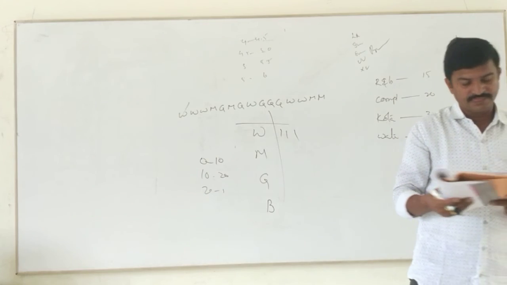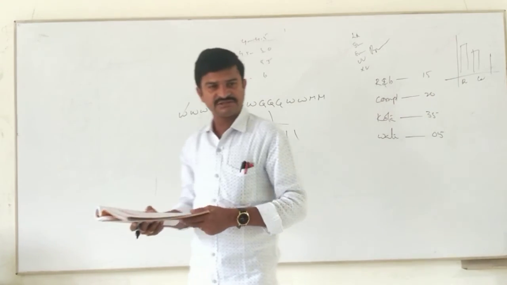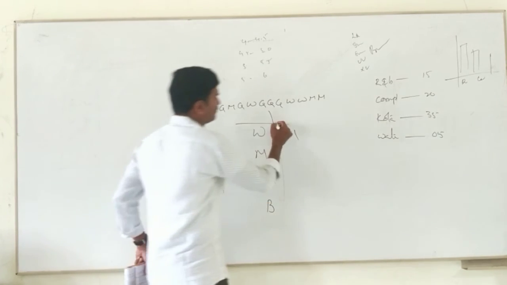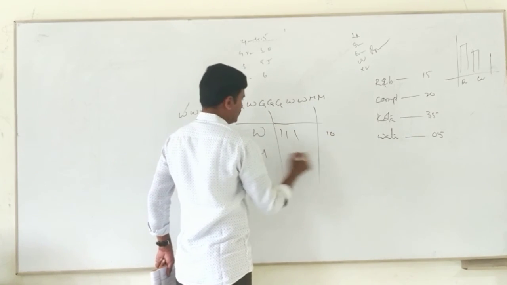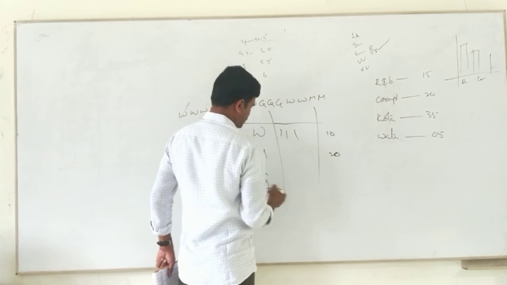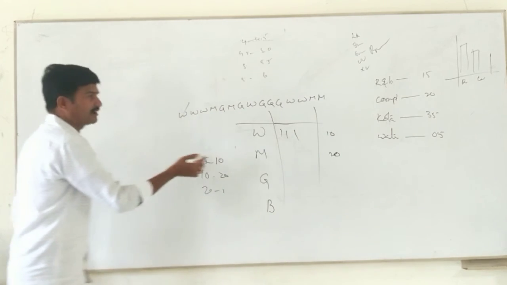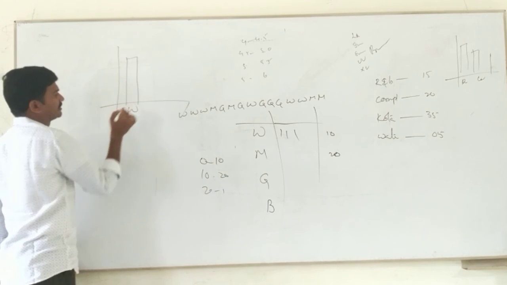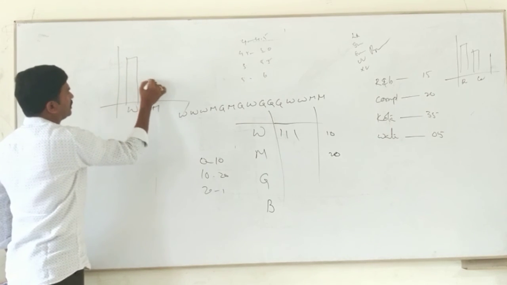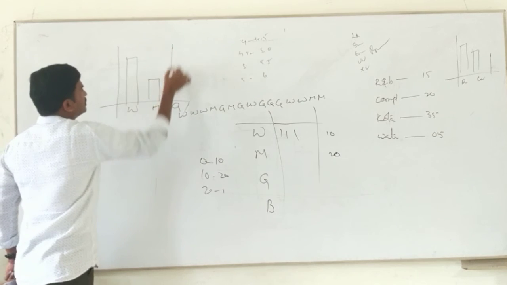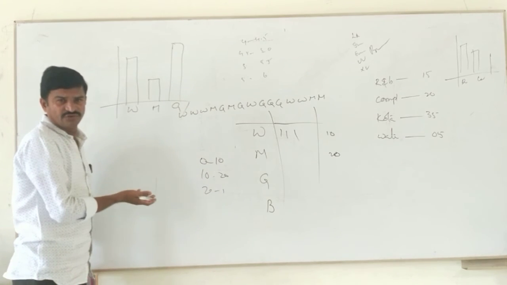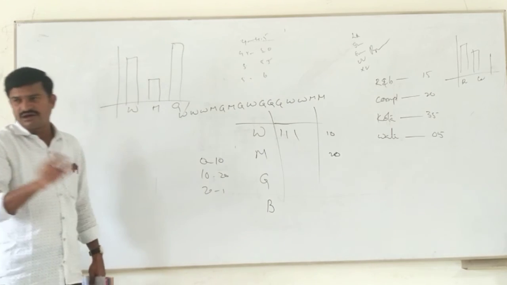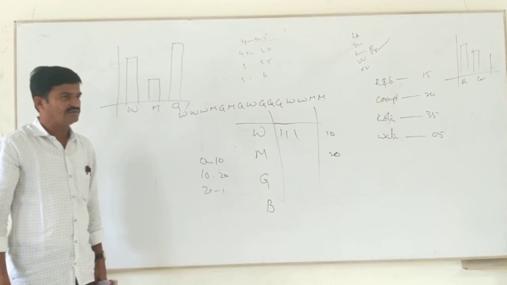Third problem, the weekly wages. First, the bar graph you can draw, no problem. Let us say women are 15, men are 10, girls are 20. Now how do you draw the bar graph? Like this: women, something, men, like this, girls, like that. Do you know the bar graph or not? Yes, sir. As per the values, we can take the scale. Are you clear? Yes, sir.